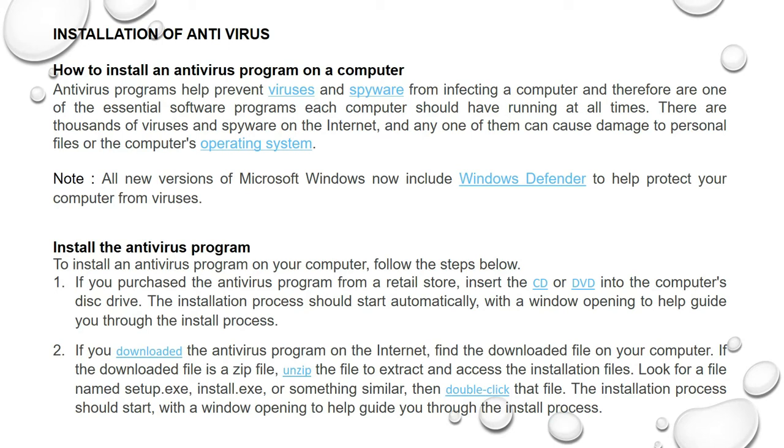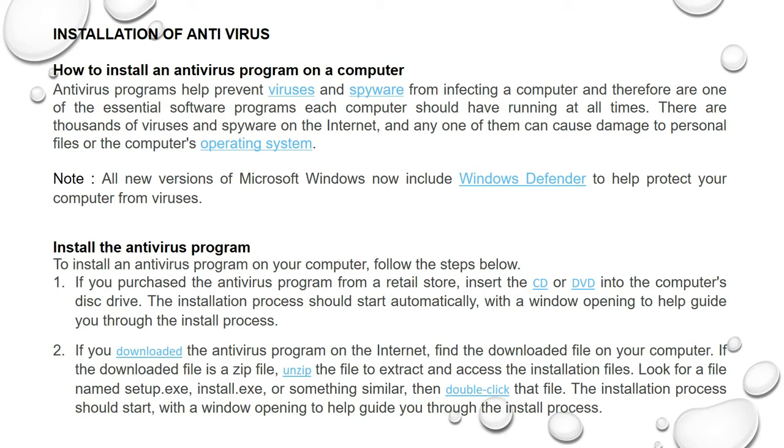We have the idea that when we purchase the original antivirus software, the software consists of a CD or DVD along with the product key. If you purchase the antivirus program from a retail store, insert the CD or DVD into your computer's disk drive.